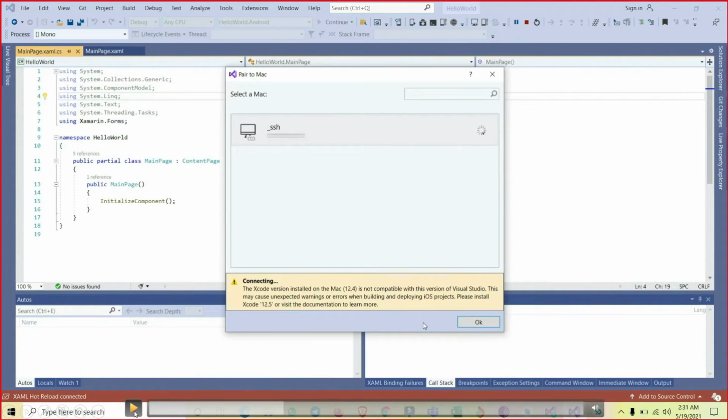Now you can observe another error. The Xcode version installed on the Mac system is 12.4, and now it is recommending to install Xcode 12.5. Xcode is the tool which is used for developing iOS products. iOS projects will be executed with the help of Xcode from Xamarin. So it is telling us that Xcode 12.4 is the older version and Xcode 12.5 is the higher version. To install that, once you make the update,